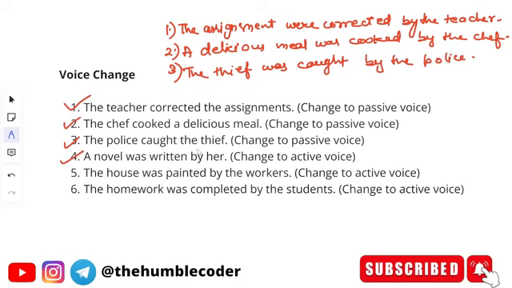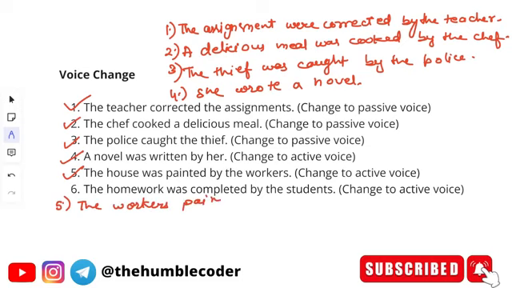A novel was written by her. Now this is a passive sentence. Okay, so we have to convert it into active voice. The correct answer will be she wrote a novel. Okay, moving on to the next question. The house was painted by workers, and again this sentence we have to convert it to active voice. So the correct answer will be the workers painted the house. Okay,